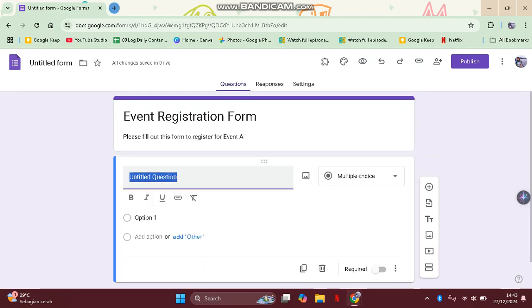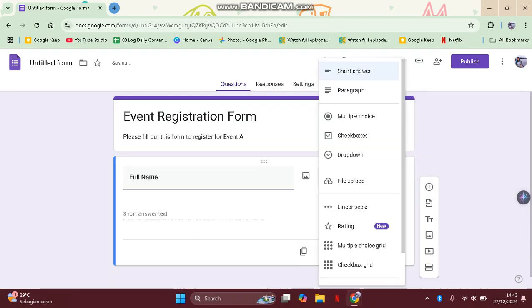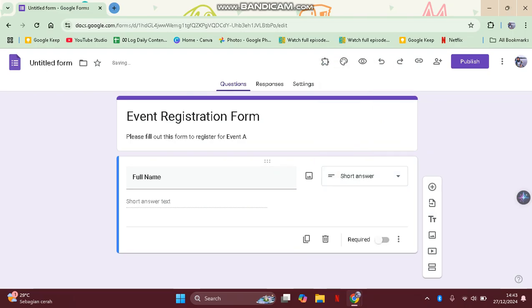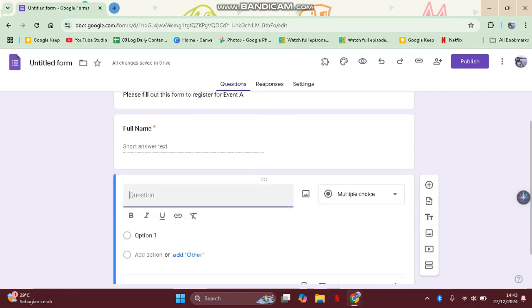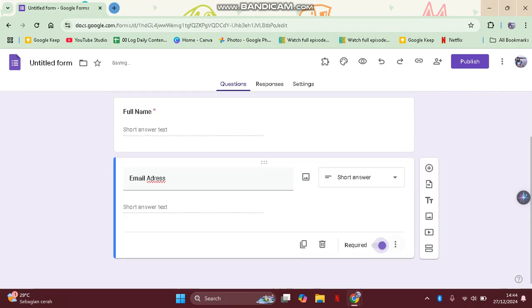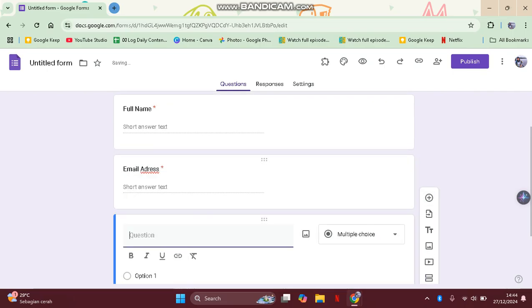And now you can add questions for the registrations. You can add first, for example, I'm going to go with full name here. It will automatically change into short answer, and I'm going to make it required so that the respondents need to fill in the question. And you can just click on the plus icon to add another question. Email address, required again, and plus again in here, phone number,